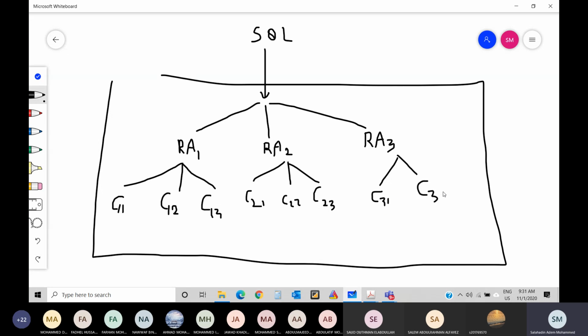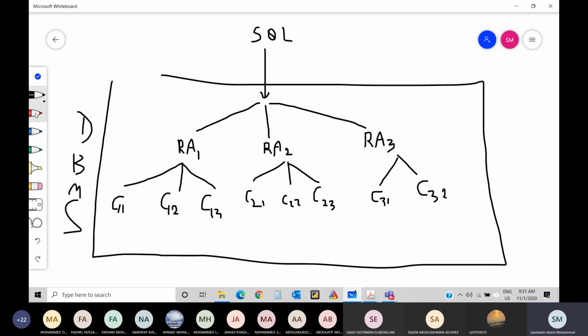So let me repeat what I said, Shabab. You wrote a SQL statement. This is the DBMS. What it is doing is simply taking your SQL. First of all, it will convert it into relational algebras. I will show you today how this is done, inshallah. But each relational algebra has different implementations, and all these implementations are inside the DBMS. They are all part of the DBMS.